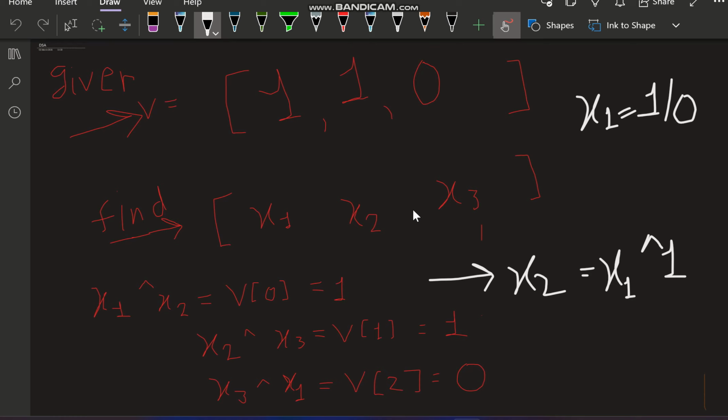I hope you are able to understand the question. I will try one more time. We can find the values of x2 and x3 for both cases, by taking x1 equal to 1 and also by taking x1 equal to 0. After finding these values, we just verify the last equation, whether the XOR of the first element and the last element satisfies the condition, because it is given in the question that this condition must also be satisfied. If that condition is satisfied, meaning x1 XOR x3 is equal to the last element, then the answer is true, otherwise the answer is false. So let's see the code and try to understand more.